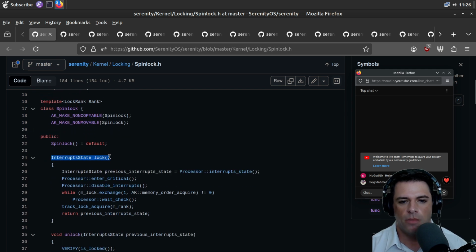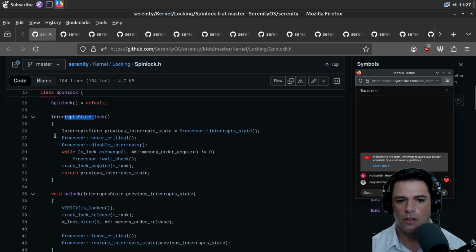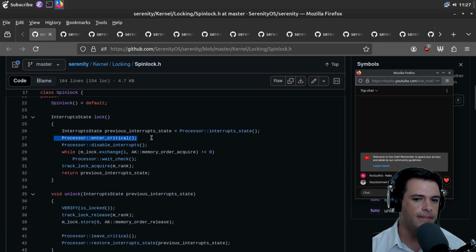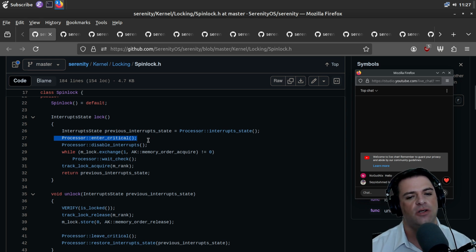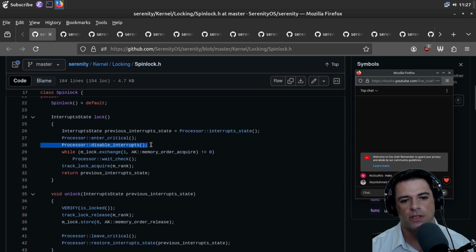So we have this lock, which is going to return an interrupt state. We're going to call this processor stuff. Processor enter critical. It's processor disable interrupts. That's presumably going to enter into the critical section or critical mode. It's going to disable interrupts.